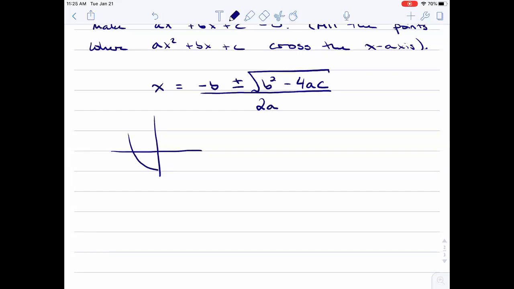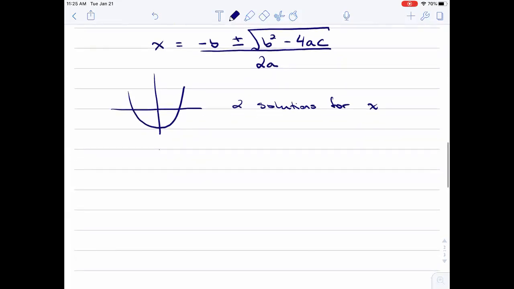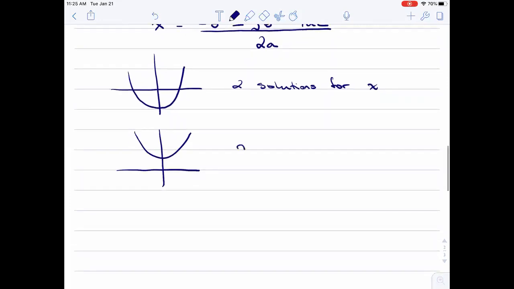Even if you've got something like this, right? X squared, it's been bumped down. There's the negative portion and there's a positive portion, right? So here we have two solutions for x. There are instances where you have something like this, well, that never crosses the x-axis, right? And so we have no solutions